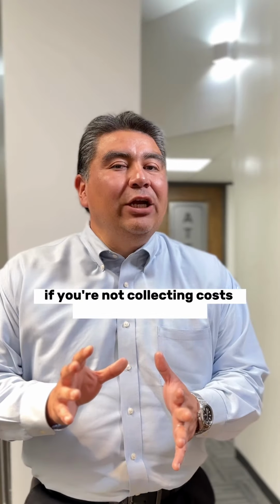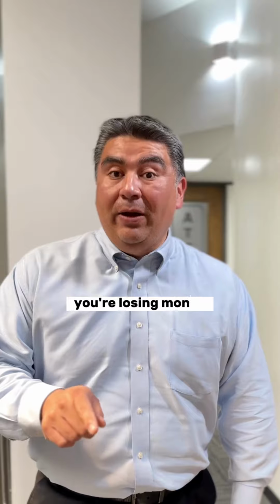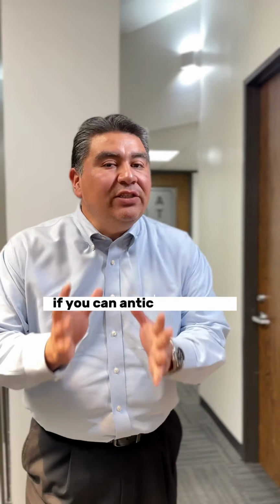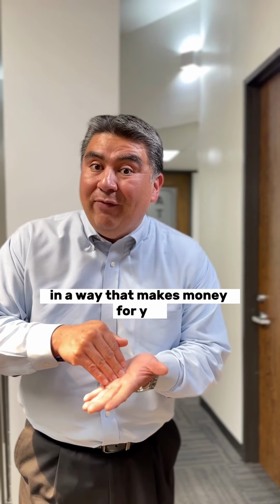If you're not collecting costs from your tenants for damages that they have caused, you're losing money. Bill your tenants, collect those funds. If you can anticipate costs, you can plan for the future in a way that makes money for you instead